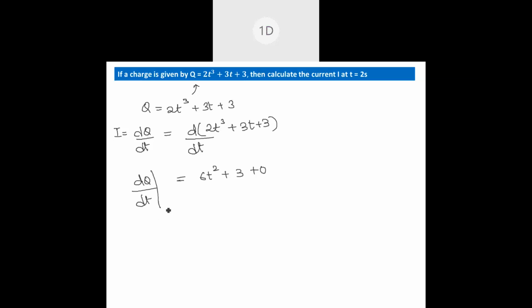Yeah, but he asked us, guys, usually in maths we write it in this way, dq by dt at t equals 2 seconds. Usually we write like this, drawing a line. I'm just showing you representations. It's not important, but it's the representation. So 6 times 2 square gives us 24 plus 3, which is 27. Hope it's clear to you all. Little bit difficult to write with this thing, but trying. Okay guys, moving to next one.